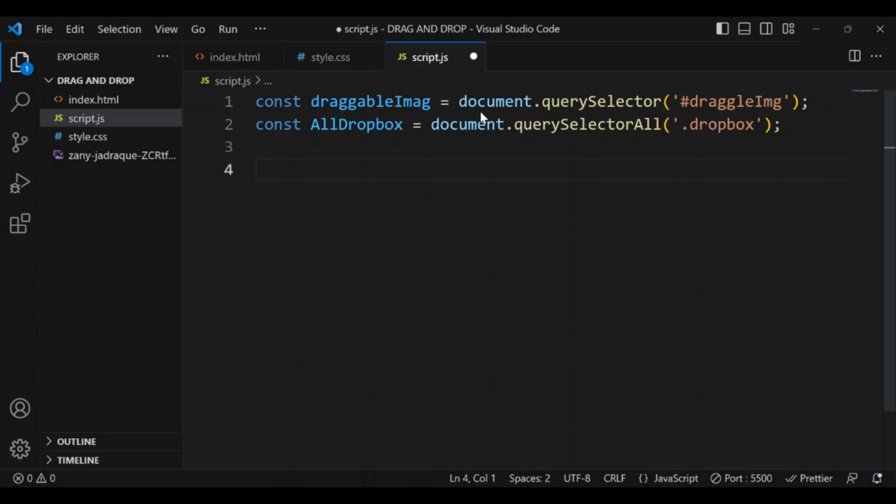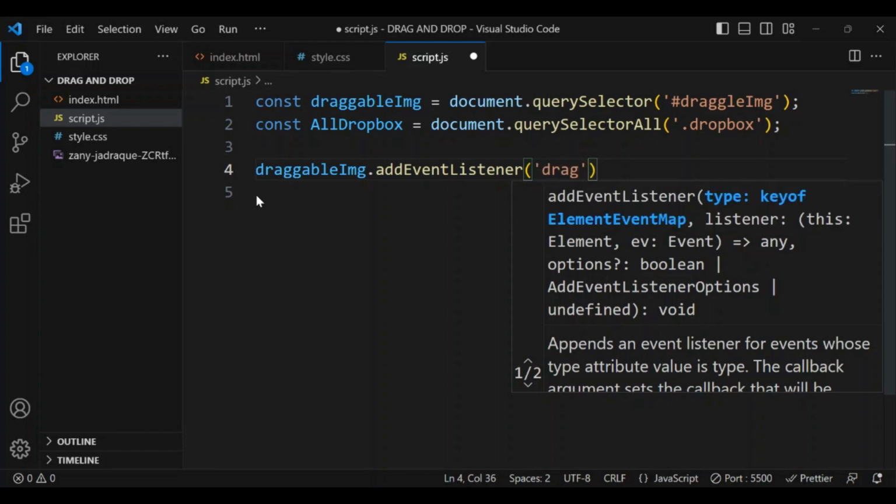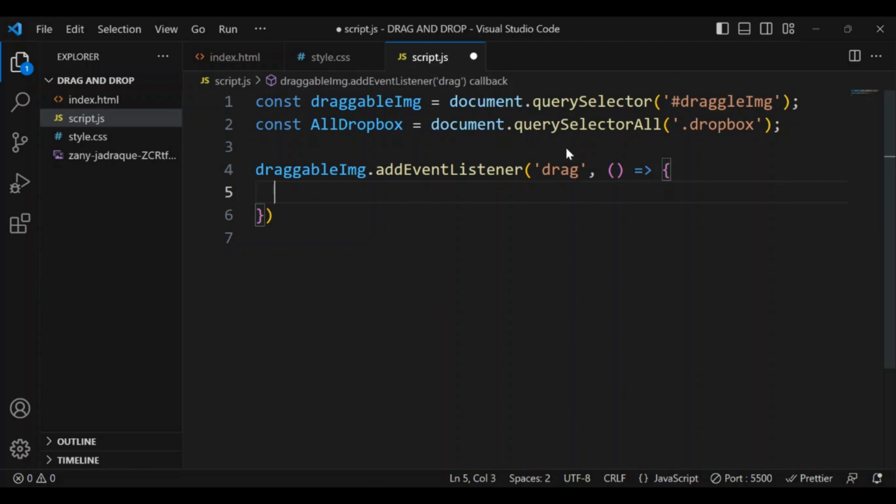So we're going to start adding our event. I'll start by adding a drag event to the draggable image. This should be img. So I'll say draggable image dot add event listener, and we're going to listen for a drag event, and I'm just going to put in an arrow function here. I'll pass in my event object,